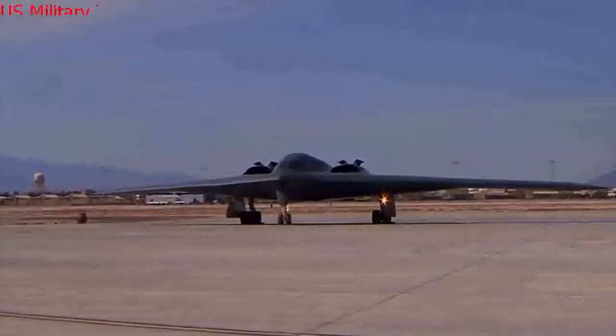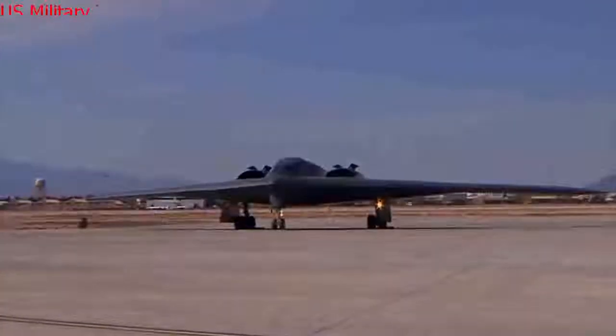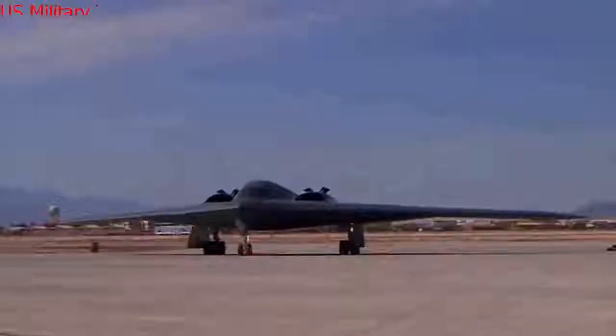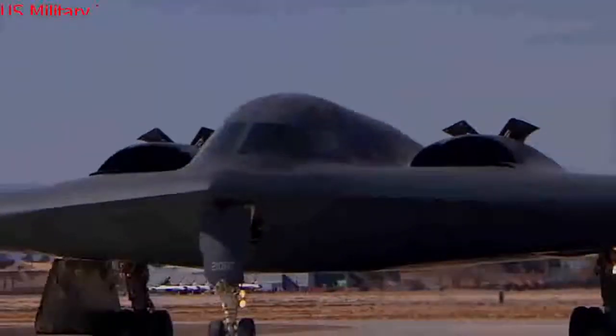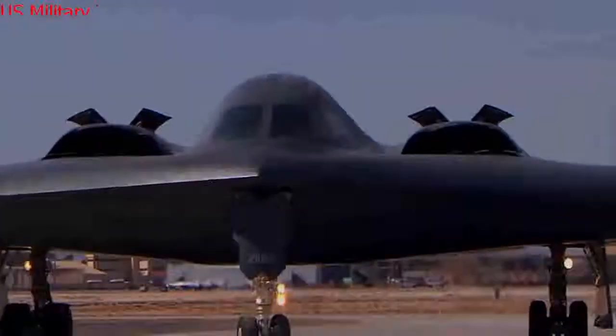Also, the B-2 is slated to fly alongside the service's emerging B-21 Raider next-generation stealth bomber. This platform, to be ready in the mid-2020s, is said by many Air Force developers to include a new generation of stealth technologies vastly expanding the current operational ranges and abilities of existing stealth bombers. In fact, Air Force leaders have said that the B-21 will be able to hold any target in the world